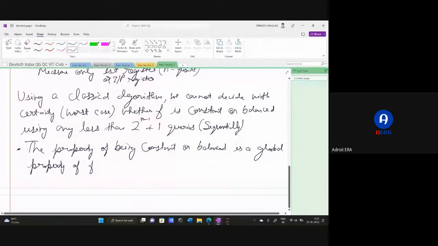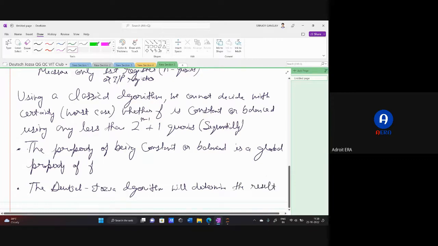And as for the Deutsch problem, as we saw, a quantum algorithm can take advantage of quantum superposition and interference to determine this global property of f. Similarly is the case for Deutsch-Jozsa. So the Deutsch-Jozsa algorithm will determine the result making only one